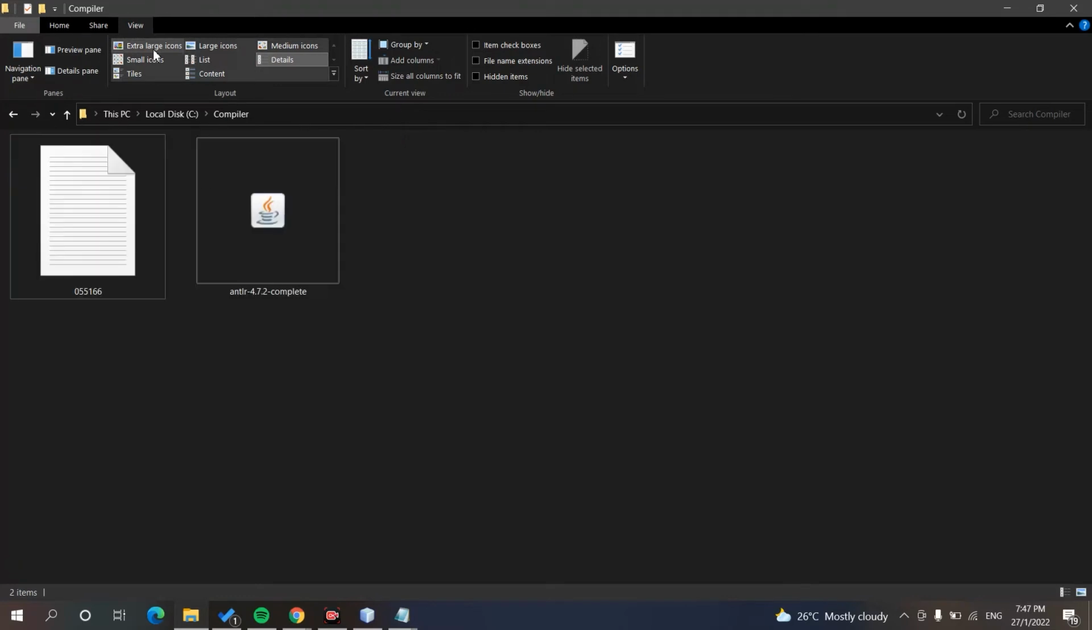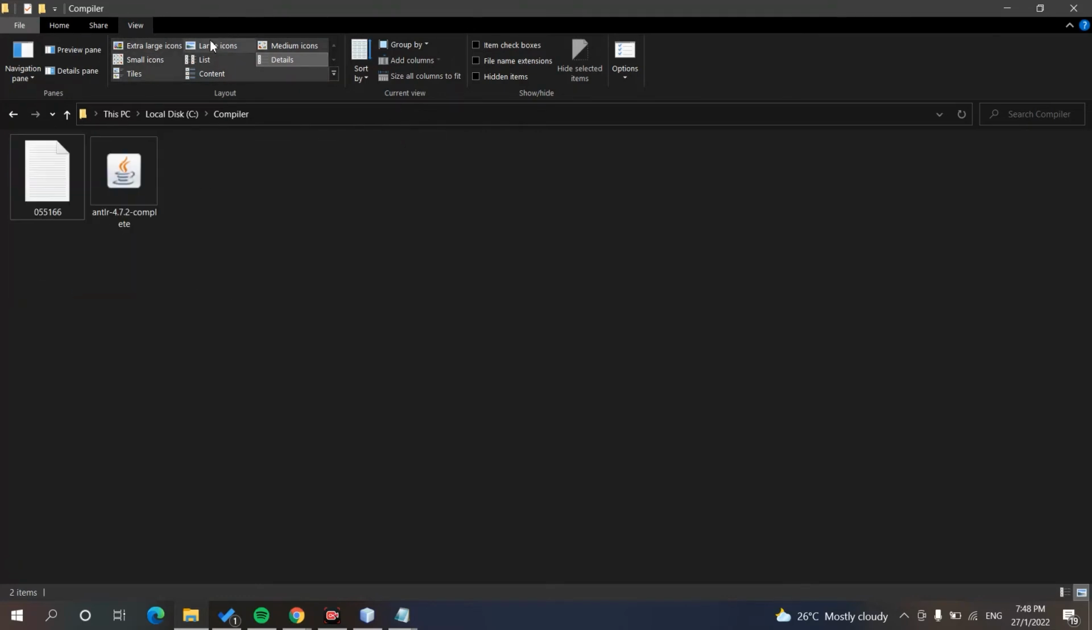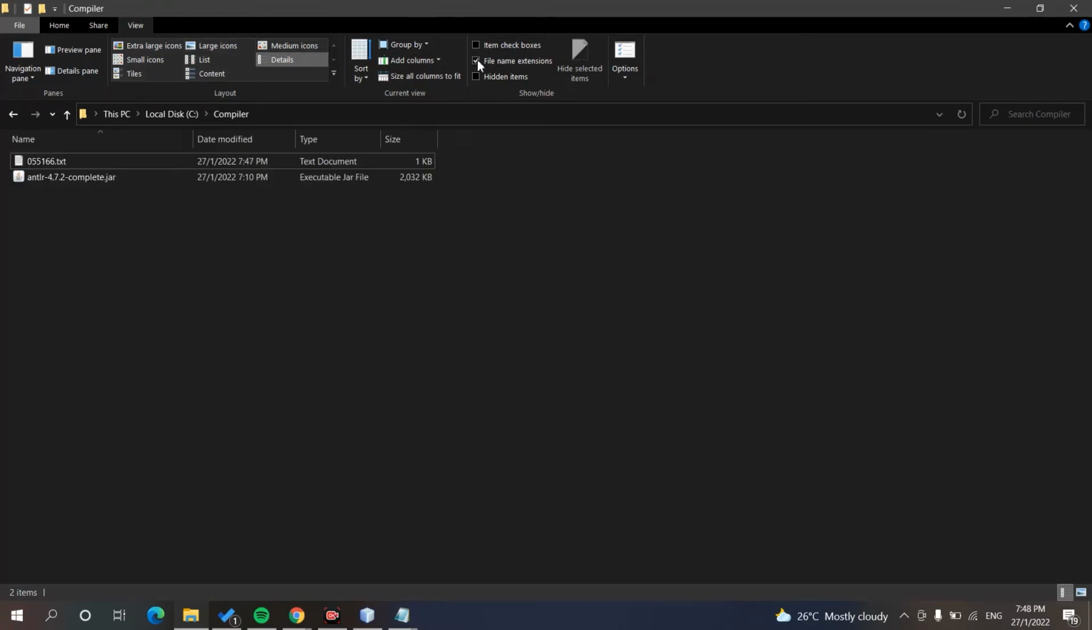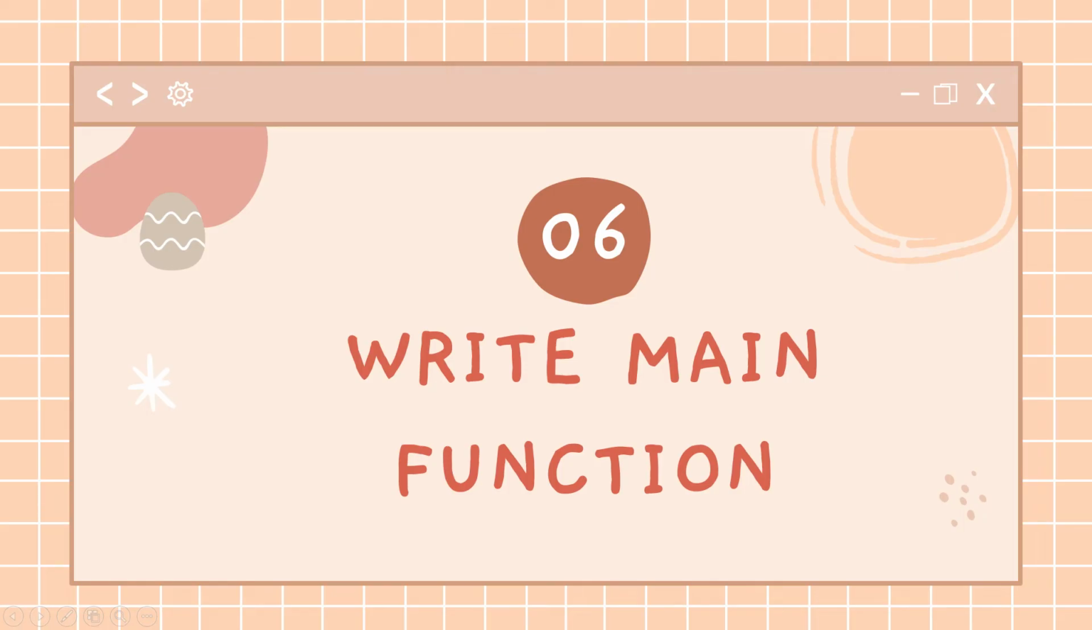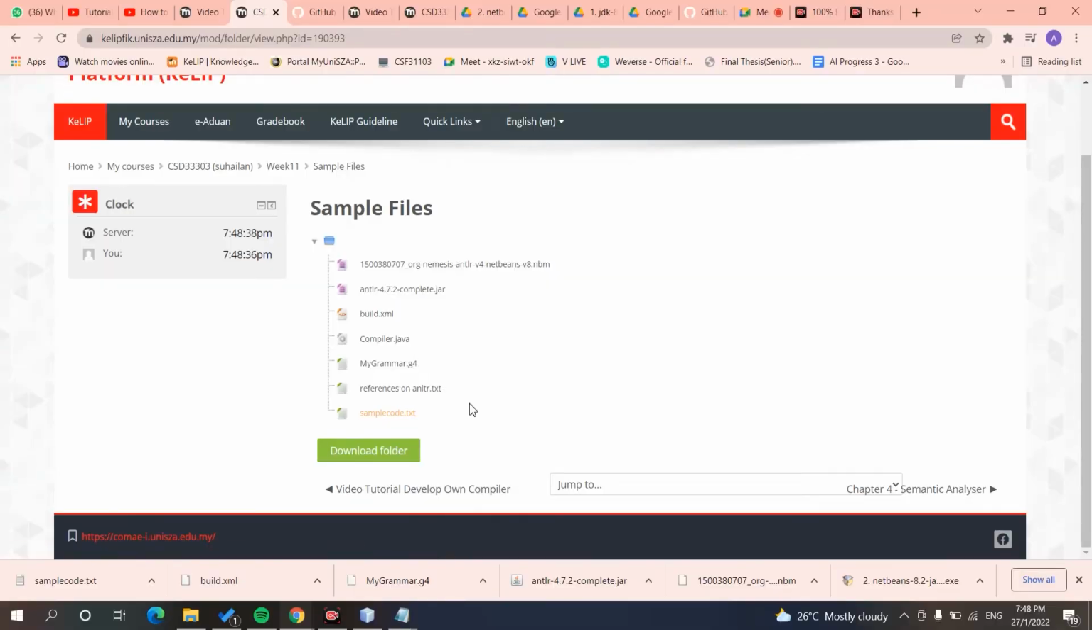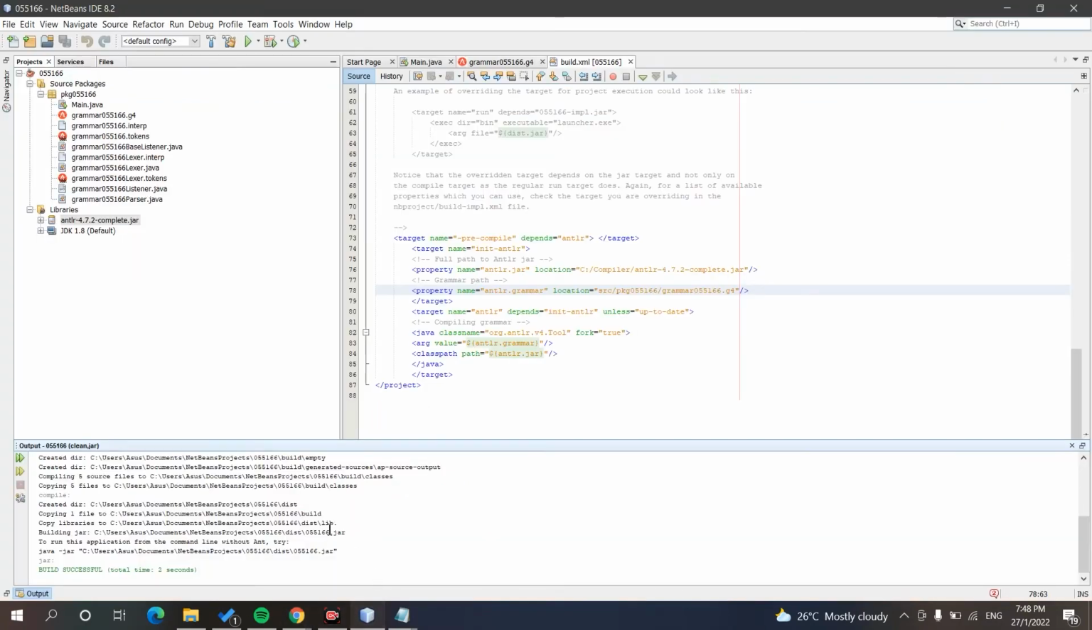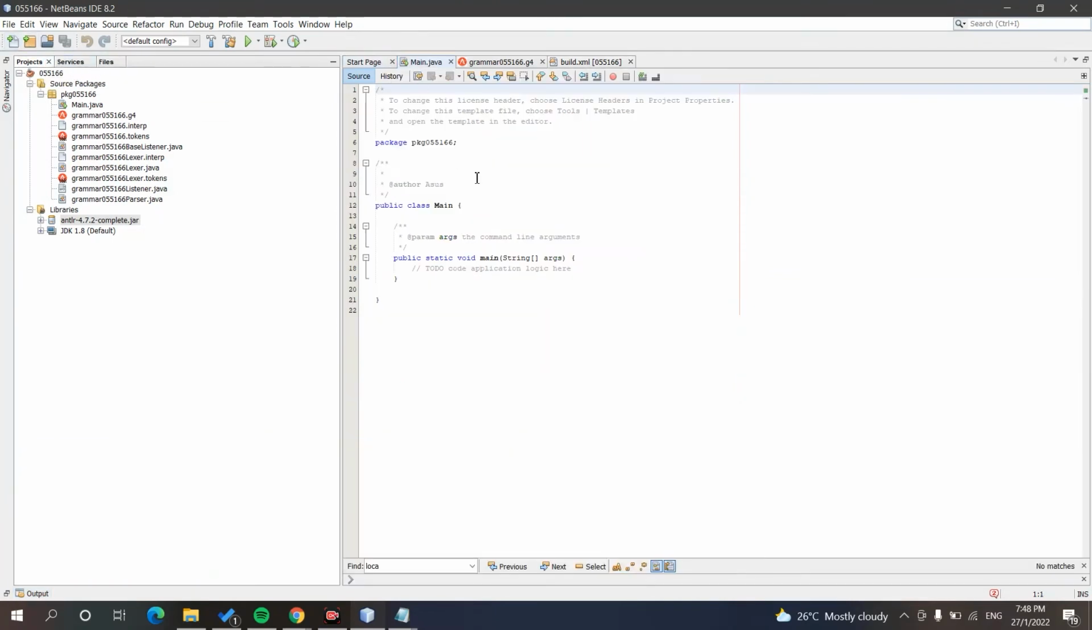In the File Explorer, click View and tick File Name Extensions. And the last step would be to write the main function. You have to download compiler.java file. Once that is done, open NetBeans and open the main.java